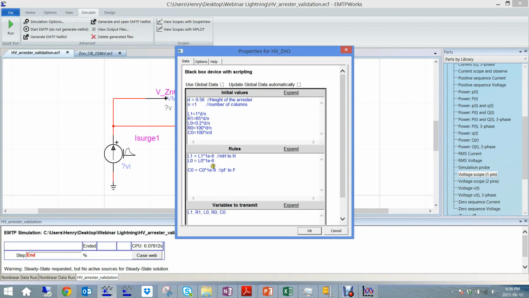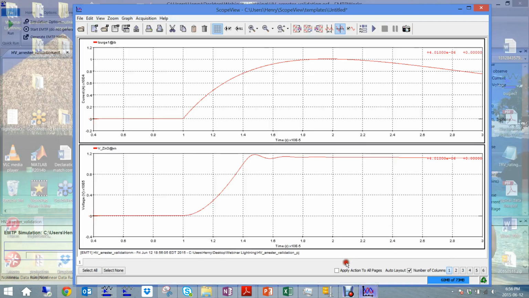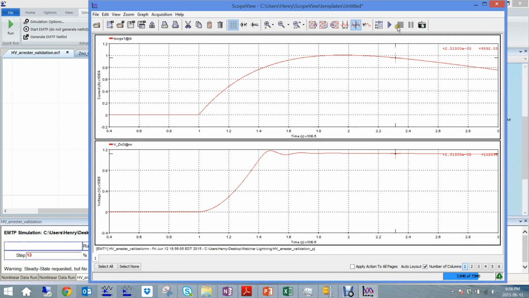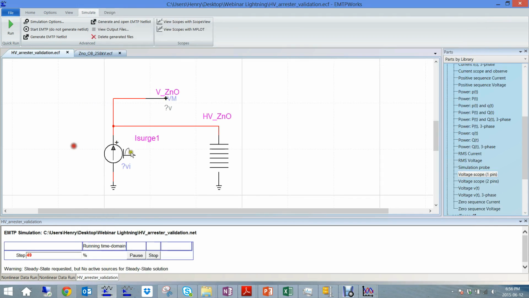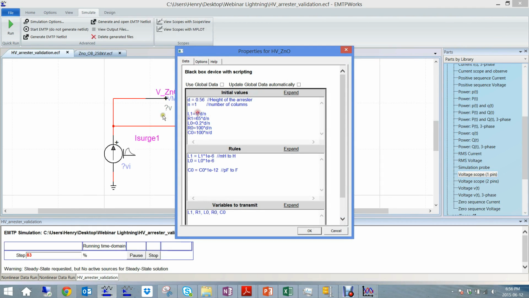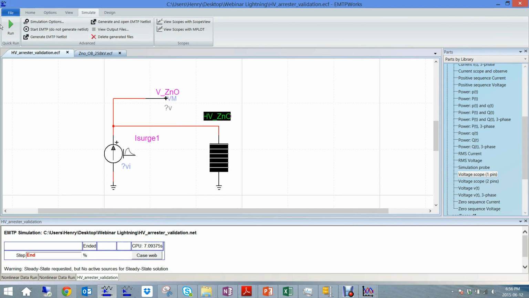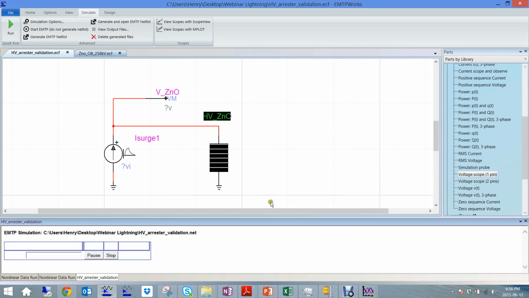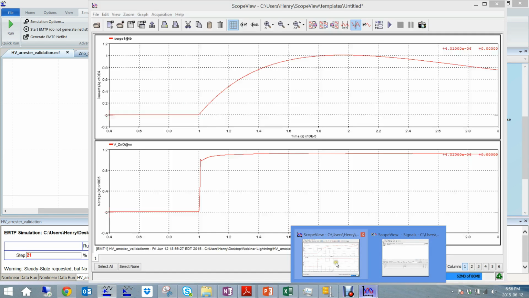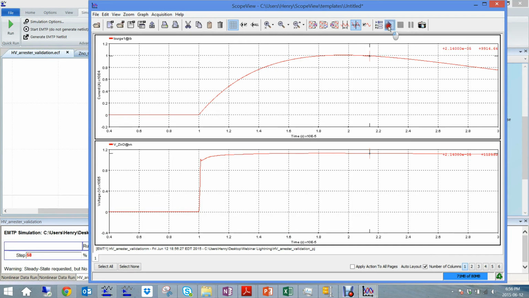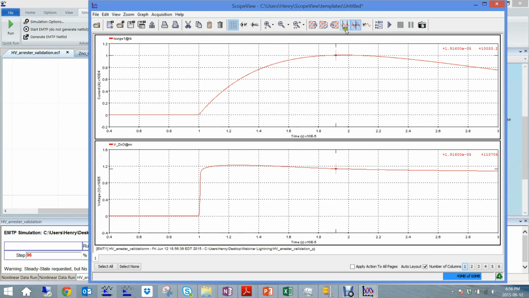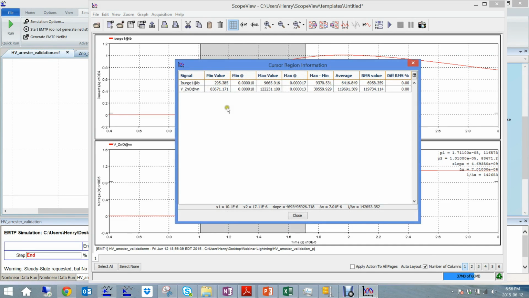I think I just made a mistake here, because pico is 10^-12. That's probably why I find such a strange result. I'm sorry, I made a mistake on the unit conversion. So I guess now it will be a bit different. Yeah, so I have to do it again. Start again from 15. I'm sorry about that. I didn't convert the units for the farad well. So it gives another shape now, which is more